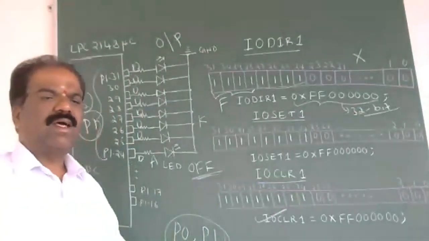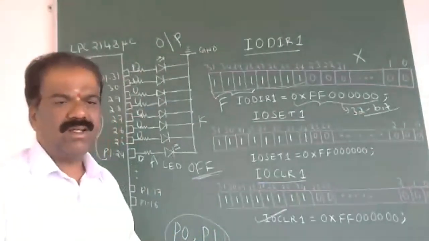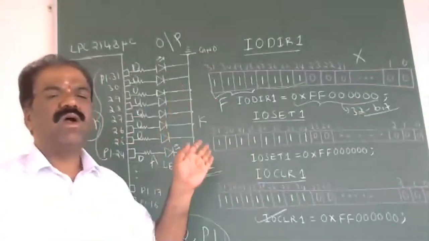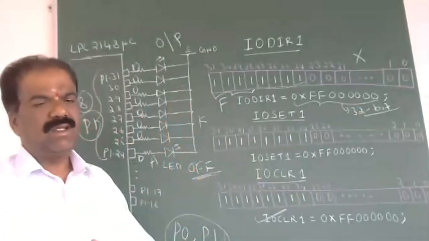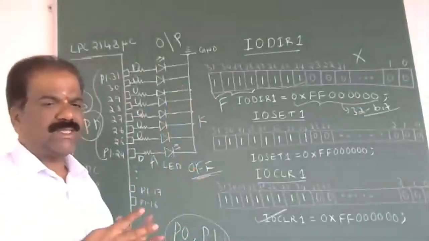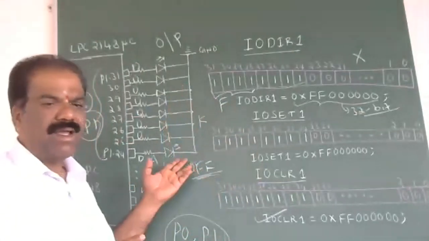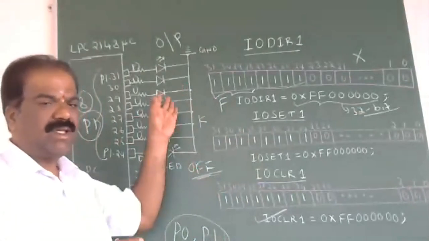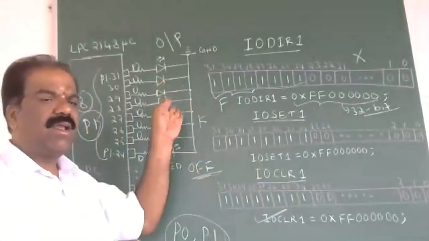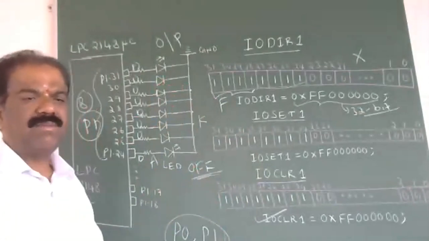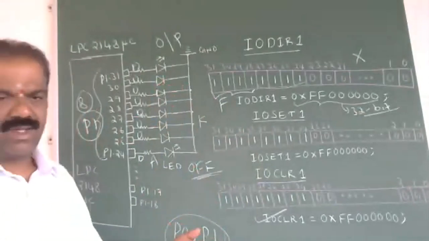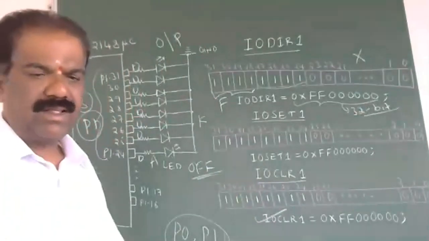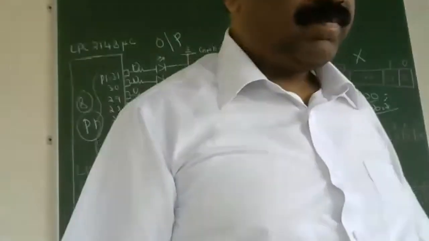down counter, ring counter, Johnson ring counter. Okay, shift left, shift right. We can do a lot of things by using this. But here, I don't have much time to do all the experiments. This time being, I'm going to do only what? Toggle. That is, make every LED on and make the LEDs off and repeat the same thing infinitely. Okay, we can see the complete program for this, and then I will give a demo for this.